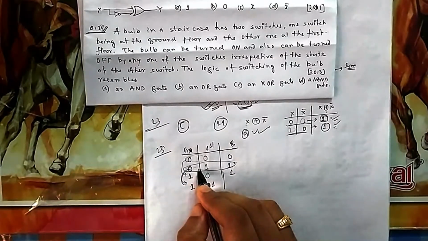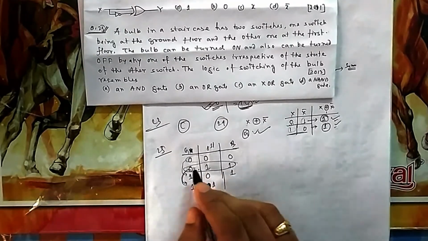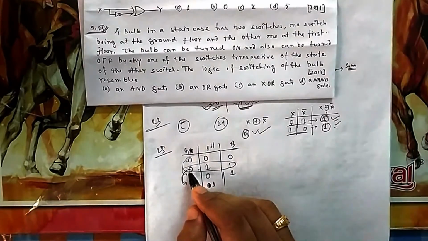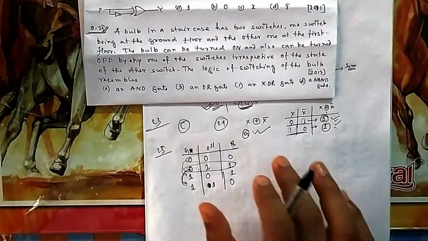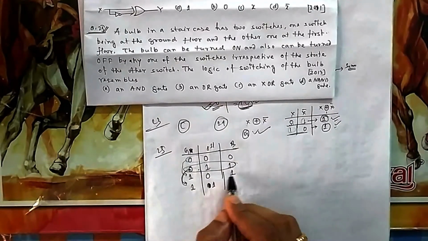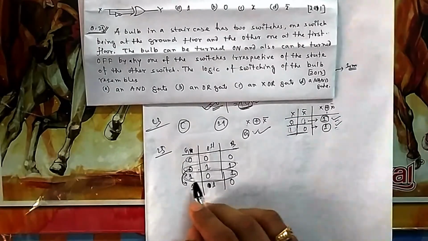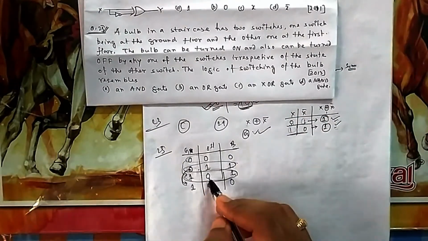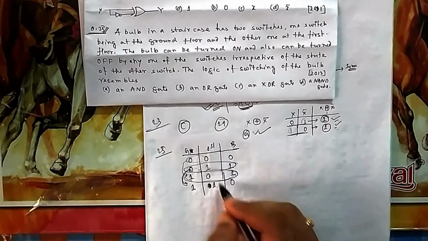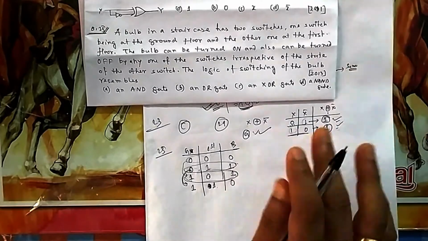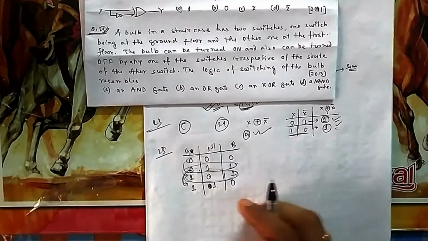Now the thing is that both can turn it off. So the first floor can turn it off because he can make it 0, then it will be off. The ground floor can also make it off because if you make it 1, then it should output 0. Because at any instant one can switch it off. Suppose this is the condition, it is already on. Now how to turn it off? The ground floor can turn it off by making it 0. The first floor can also turn it off by making it 1. So if you see this truth table, now anyone can make it on and off at any instance of time. Whatever instance it is, anyone can make it on and off.